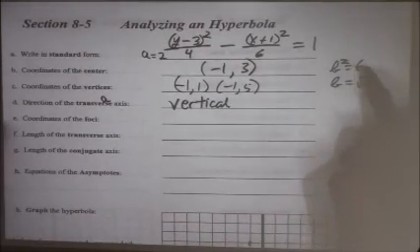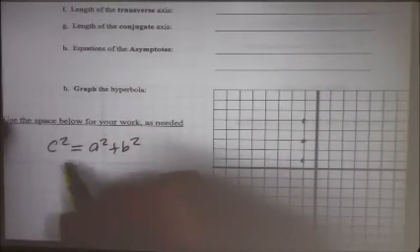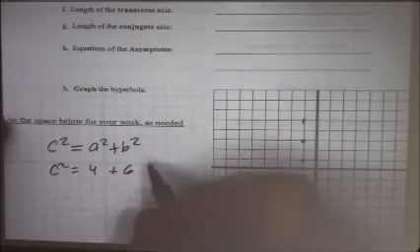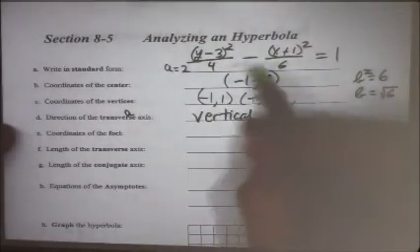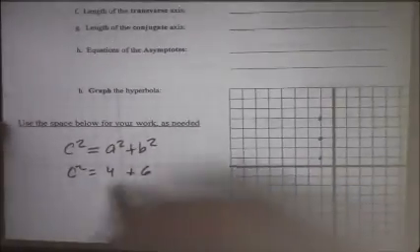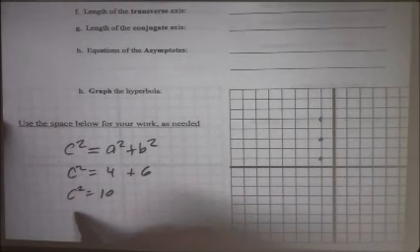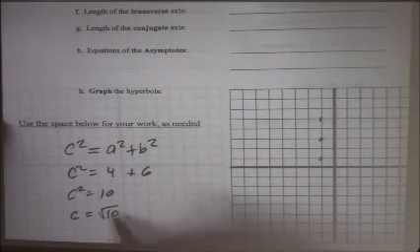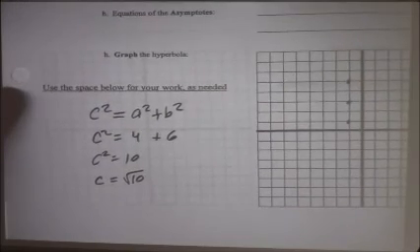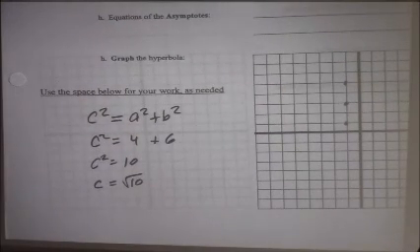Actually, all we need for the c is we need the square of b. So c squared is equal to 4 plus 6, because that's what a squared is and b squared is. So c squared is equal to 10. C is equal to the square root of 10. Now, if you're allowed to approximate it, you can do that and get the decimal for that. Okay, so if you do that in the calculator, you see that the square root of 10